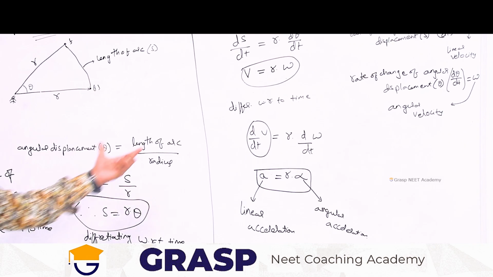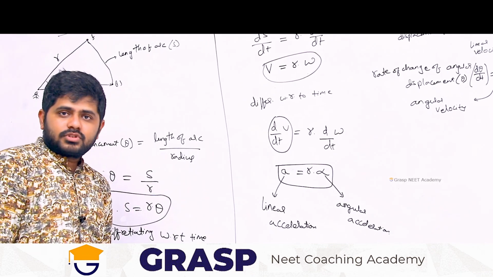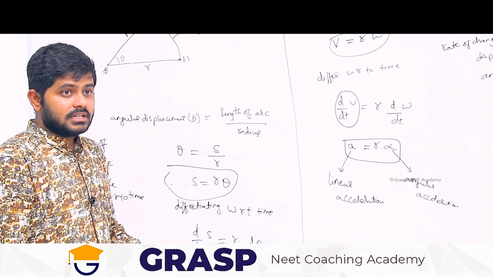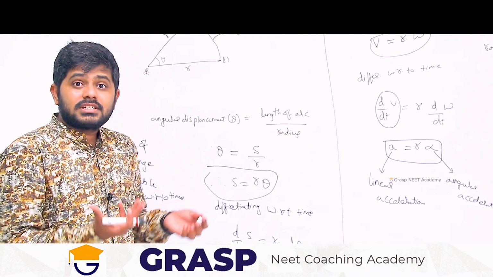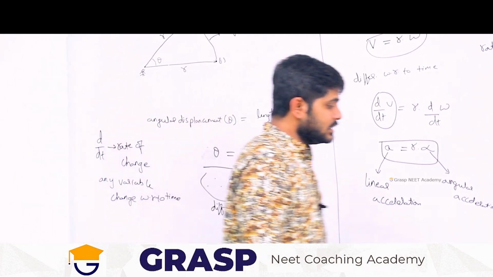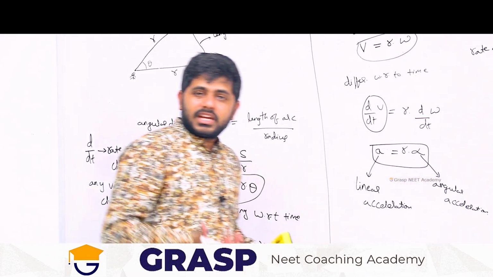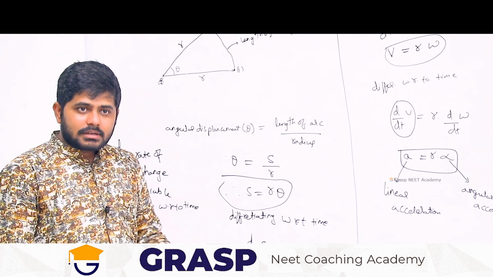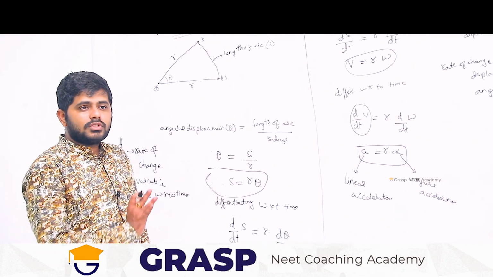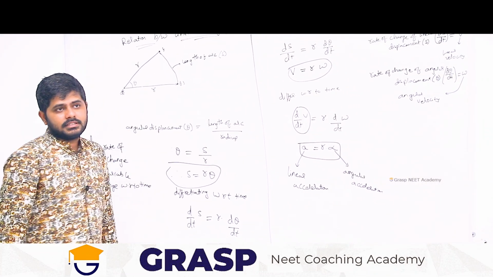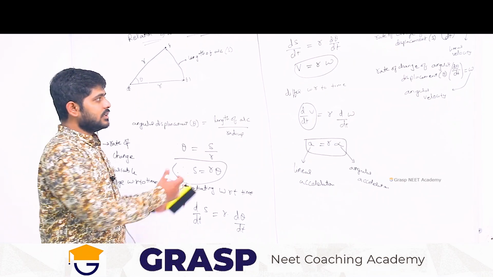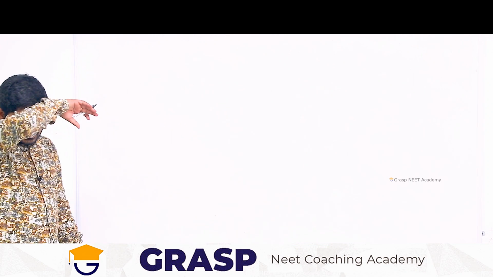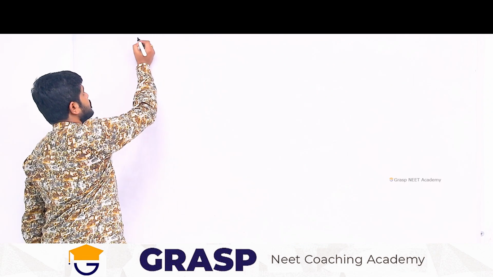Now we discussed motion, but what is the cause of motion? We discussed the velocity and acceleration at a particular time, but what is the cause of that velocity being attained? Without any external effort, will there be motion in the objects? No. Some external effort is required to move the object from one place to another. So what is that external effort? That we will discuss. Now, cause of motion.